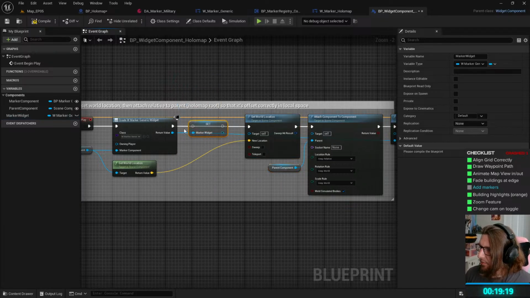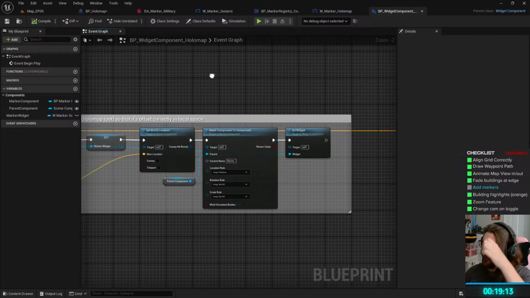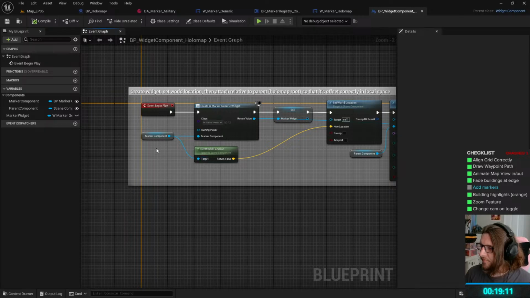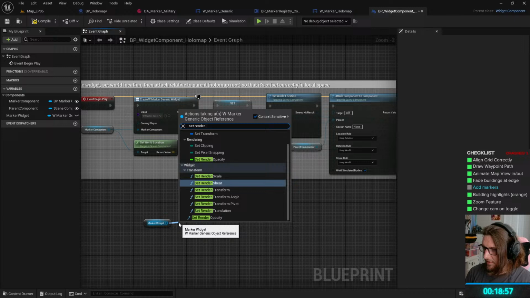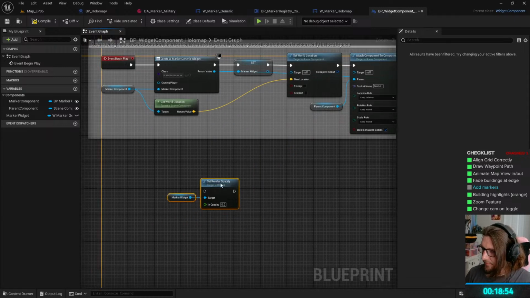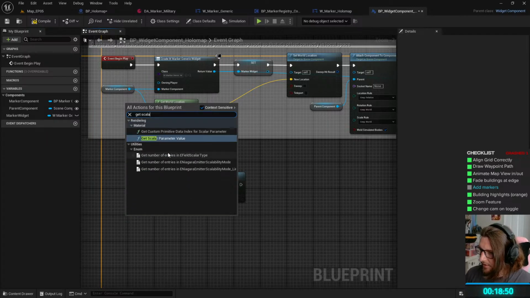And I can play with the opacity of that when we're animating. When we're animating the in and out effect, I'm going to essentially set the render opacity to get scalar